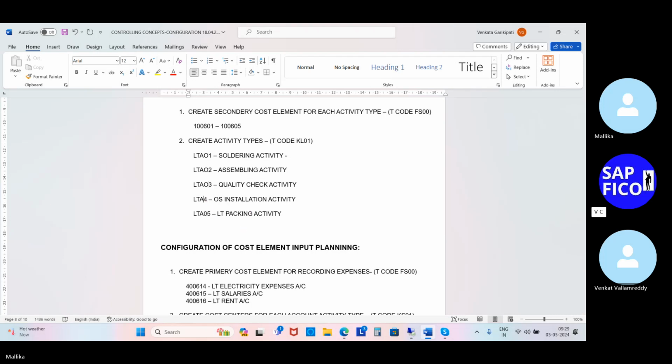LTA03 and LTA04 and LTA05. Okay, so these all are the activity types that we have created. That is the most important choice that we have right now. So what we need to do is here